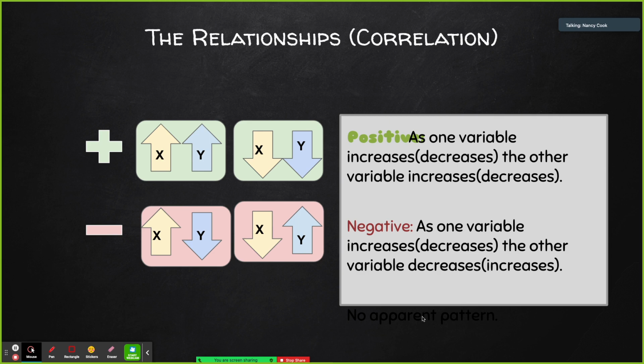Now, when we're looking at correlations, and you saw this in the video, but I wanted to go over it because we're going to need this information for the activity that we're about to do. So a positive correlation means that the variables go up together. When one goes up, the other goes up, or when one goes down, the other goes down. That's a positive correlation. But when one variable goes up, the other one goes down, or vice versa, one goes down, the other one goes up, that's a negative correlation.